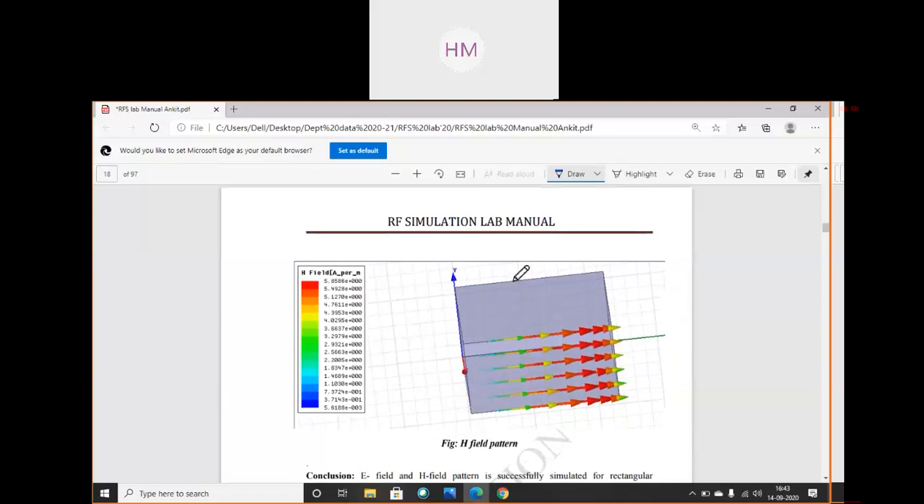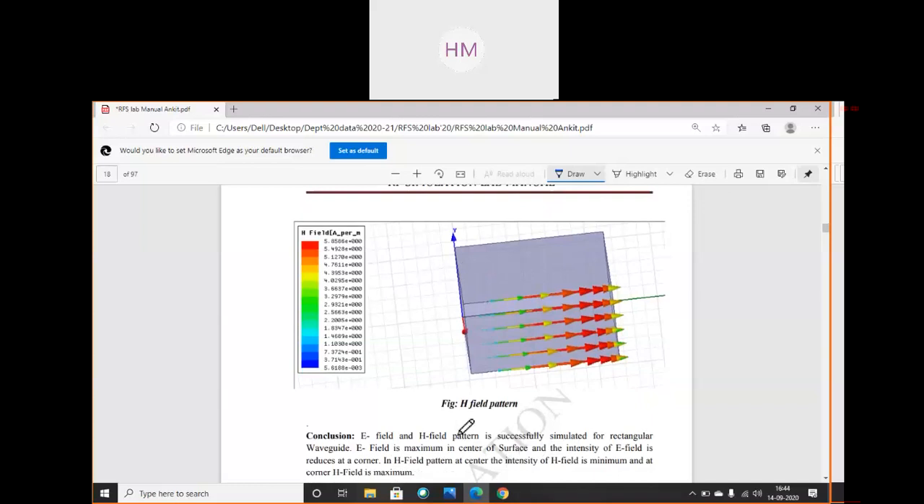Similarly, H field pattern, magnetic field pattern. You can see highest intensity electric field pattern. It is highest on the sides, on the center, lowest at the sides. Edge field pattern. So conclusion and result: